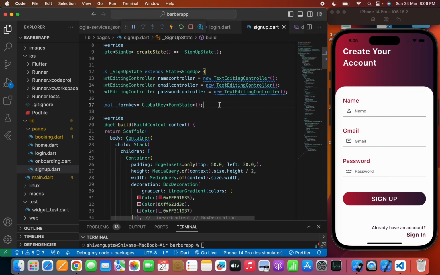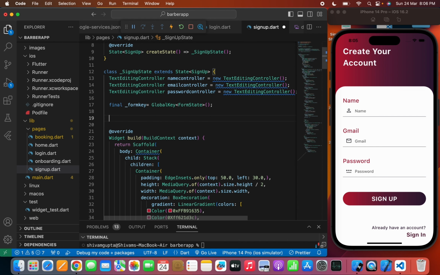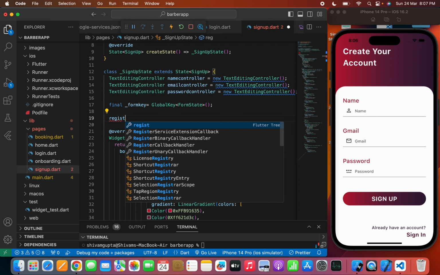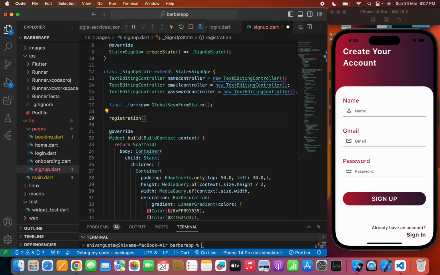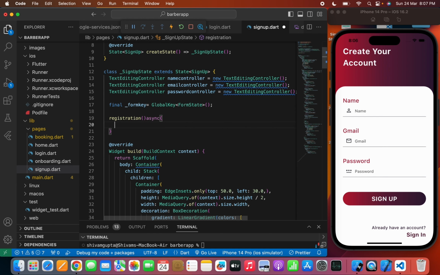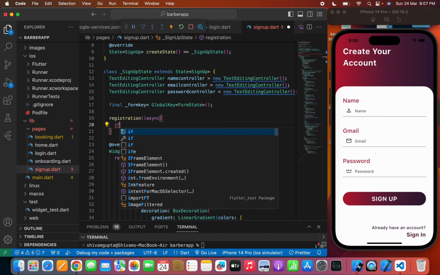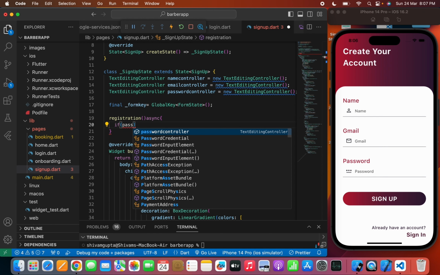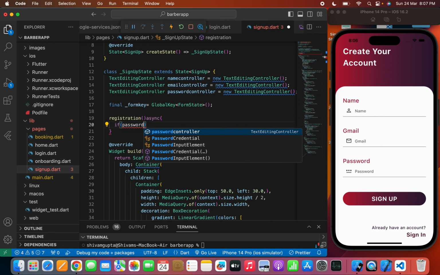Now I will move on and create a registration function which will be called when the user clicks the sign up button. If you have followed my other series like the chat app, e-commerce app, to-do app or the news app, then you already know the use of the registration function in the sign up page. If you haven't followed that series, I will paste the link in the description box,